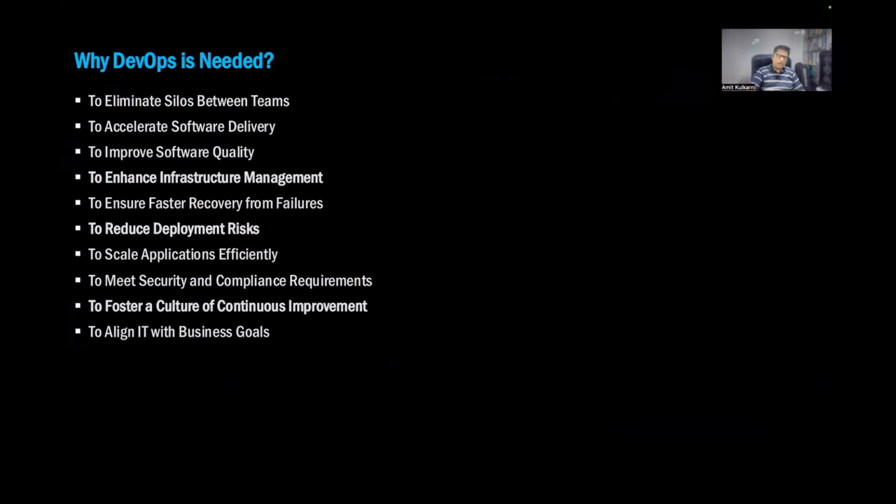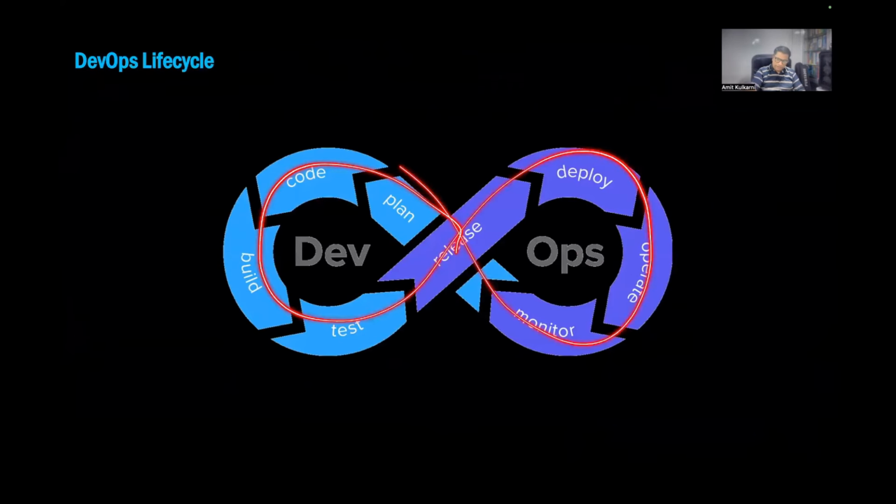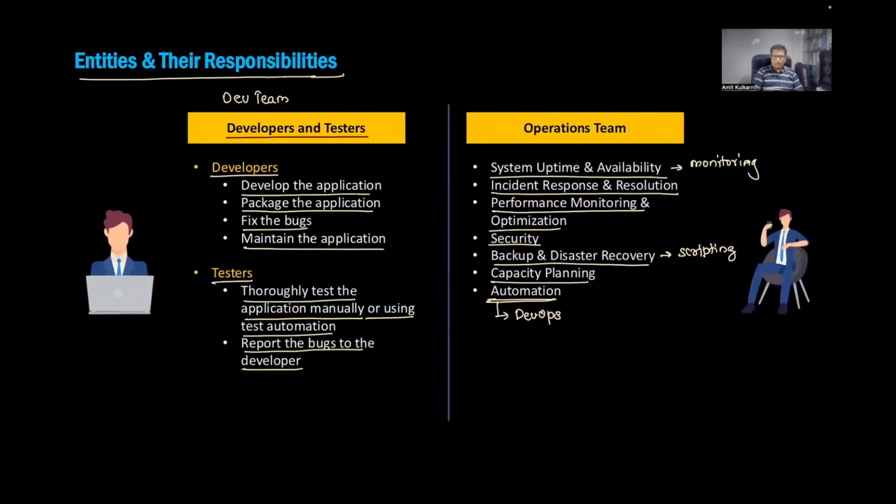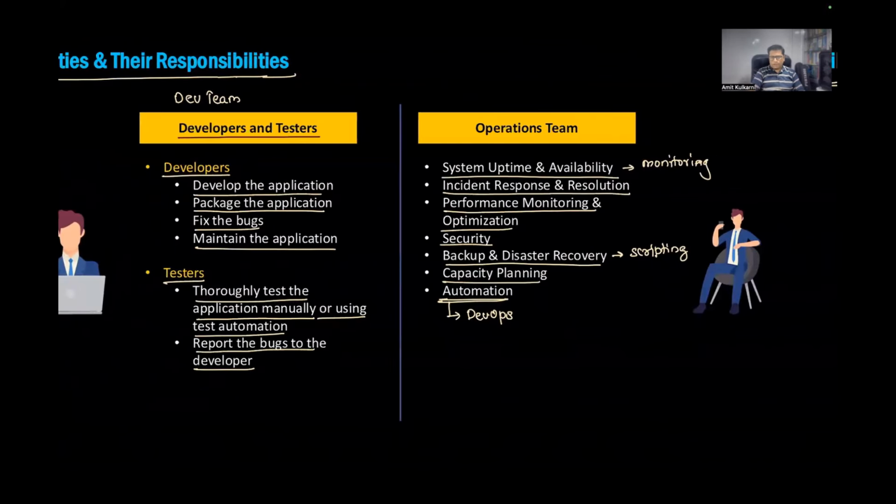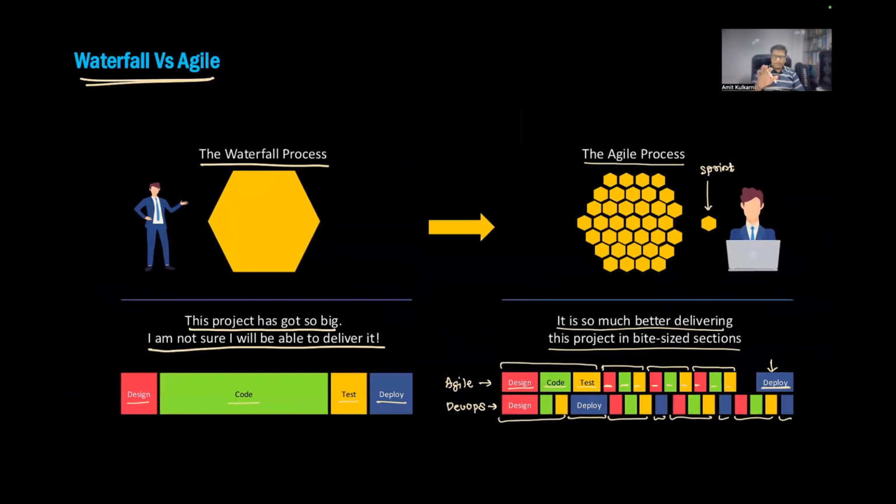And then we'll talk about something called the DevOps lifecycle. This is a very important point in tomorrow's session. Once it is done, I'll talk about what we mean by the MLOps lifecycle. And then we'll see how DevOps and MLOps can be considered as going hand in hand, or kind of interdependent. MLOps depends upon DevOps. How and why, we'll talk about in tomorrow's session. I think this will give you a quick idea about what exactly the SDLC is, what the waterfall model is, what the dev team and operations team are, and what exactly agile development means. I think it is enough for today's understanding. Tomorrow we'll cover the next part.